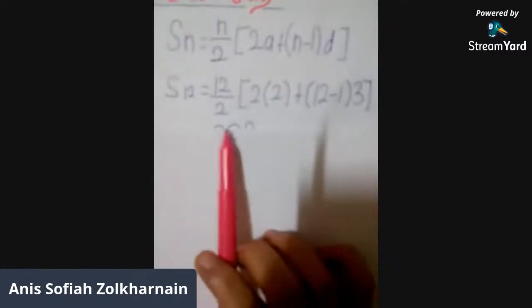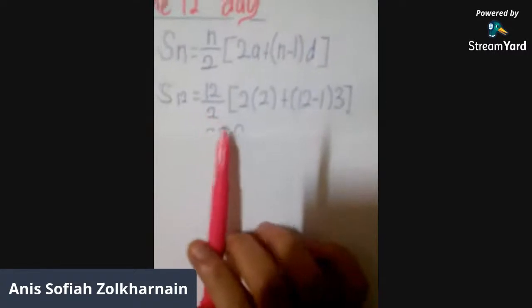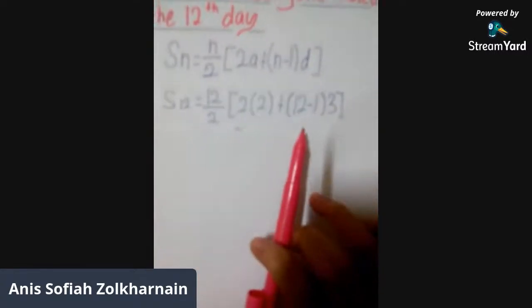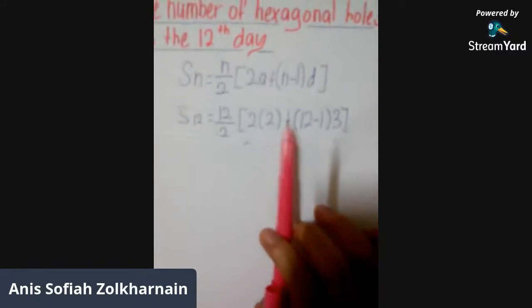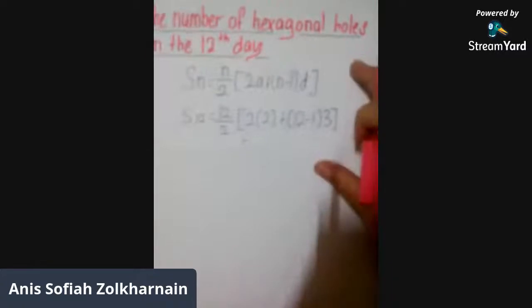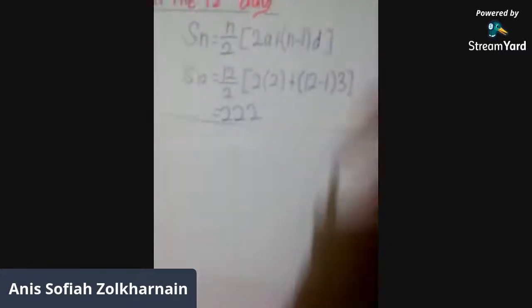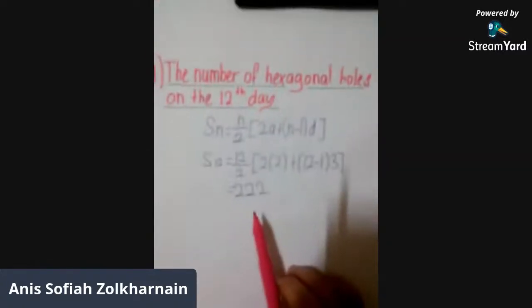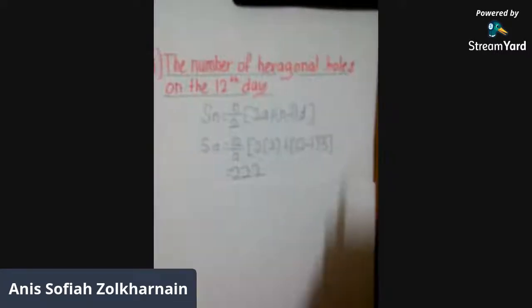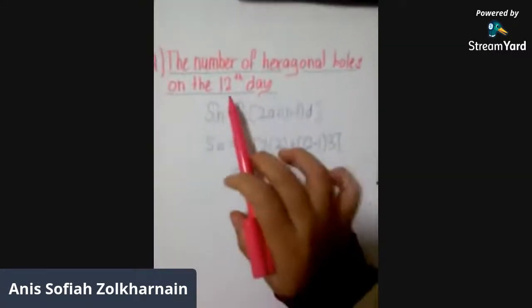S_12 equals 12 over 2 in brackets 2a, a is 2, plus (n minus 1), n is 12, and the common difference is 3. So the last answer is 222. So the conclusion is the total number of hexagonal holes on the 12th day is